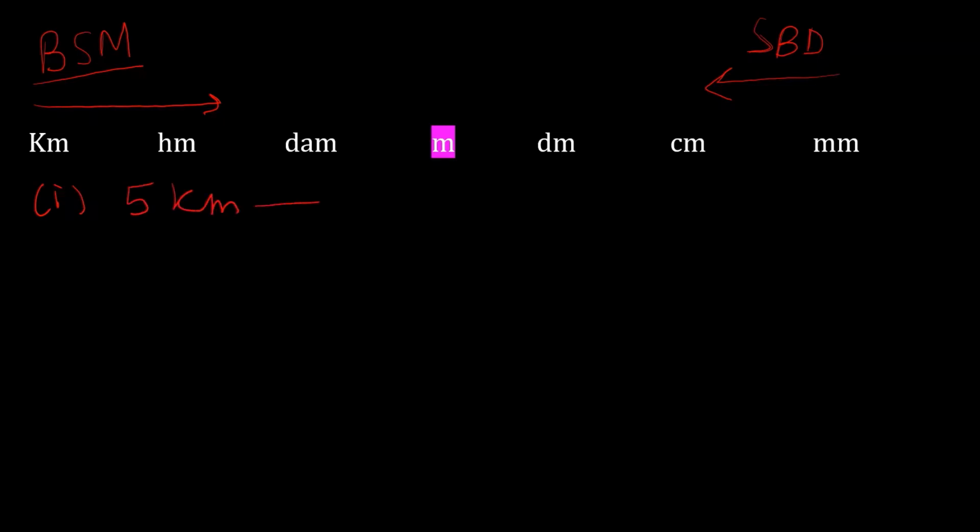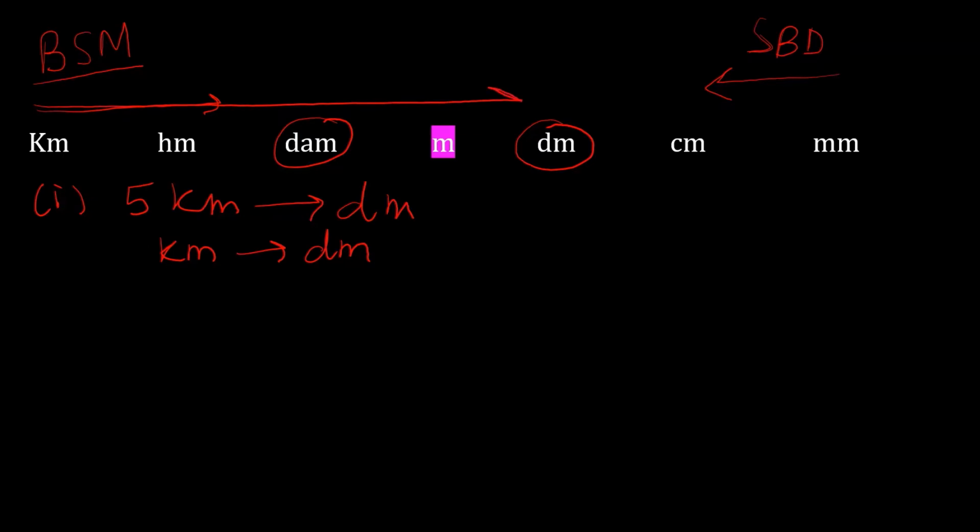So let me explain with an example. Suppose you have to convert 5 kilometer into decimeter. So kilometer is a bigger unit and decimeter is a smaller unit. You can see here all the 7 units are written. So the very first step is, first write, you have to convert from kilometer to decimeter. Decimeter is DM and decameter is DAM. So now you have to see kilometer to decimeter. Kilometer is bigger, so you have to convert big to small. So next step is you just write BSM.